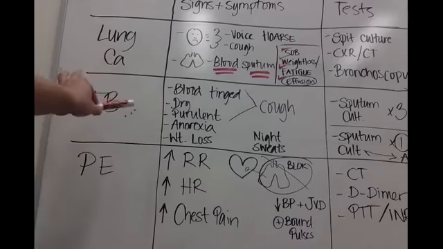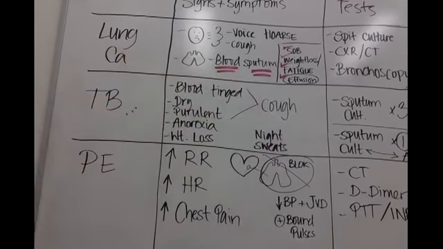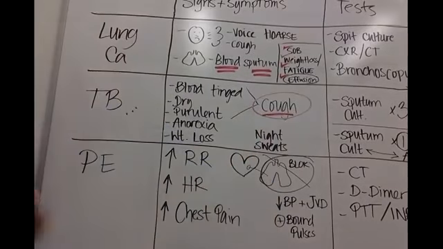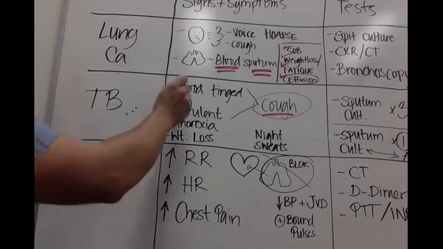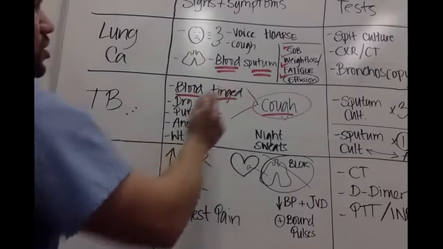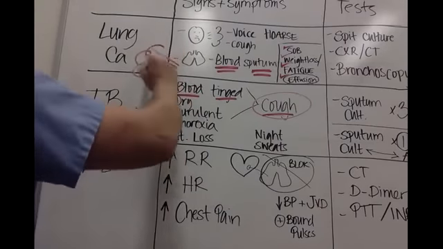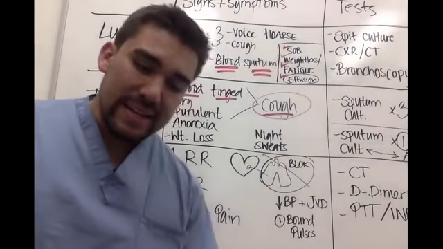So next is your TB. Now for TB, you do have a cough. Yes, that's true. But it's a different kind of cough. You don't have a very bloody cough, a very thick sputum cough. You have what's called blood-tinged sputum. So instead of your patient blasting out a lot of blood, like the guy from Breaking Bad,